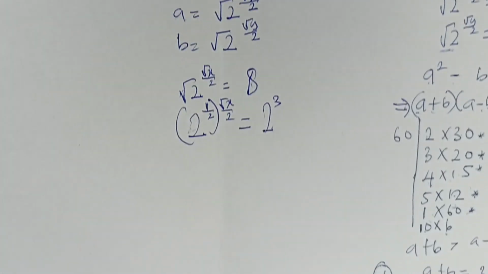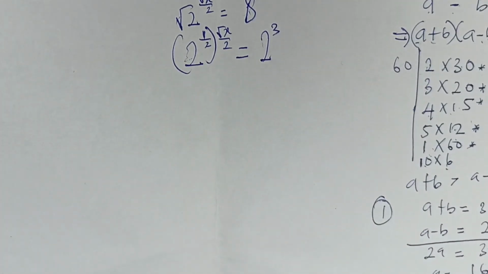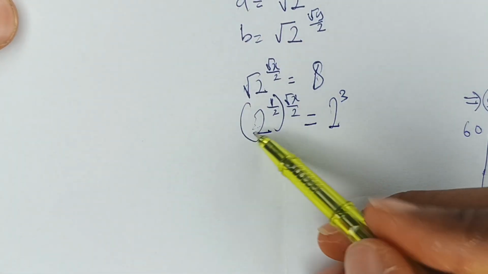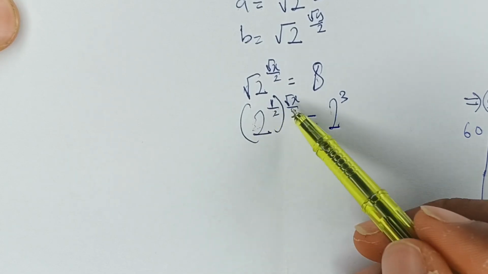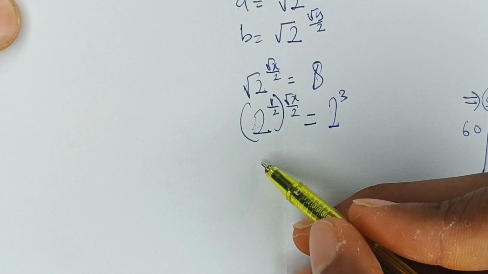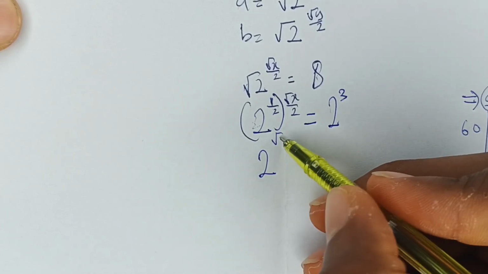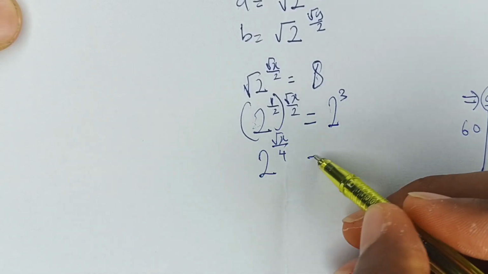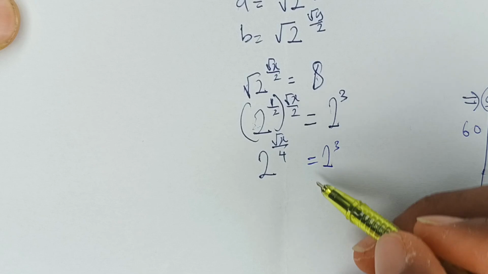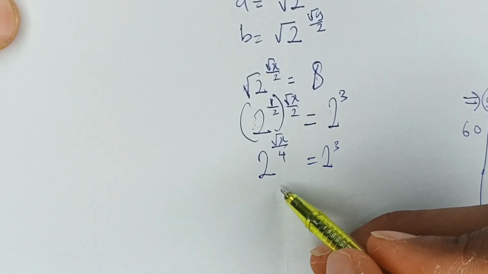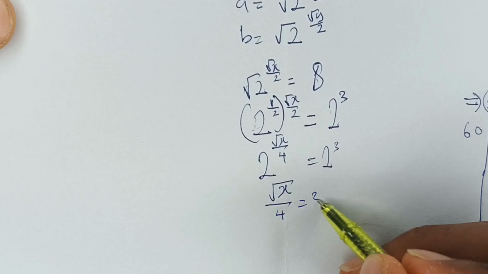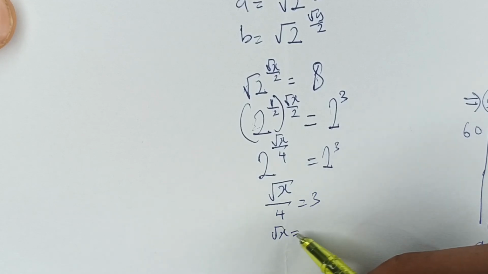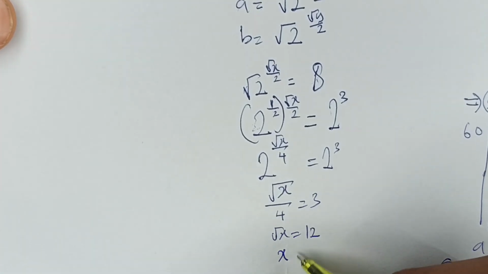Okay, now moving on, recall from the product law that when you have something like this, you multiply the exponents. So what we'll have here is now 2 raised to power root of x over 4 to be equal to 2 raised to power 3. Now the bases are the same, we can equate the powers. So we have that root of x over 4 is equal to 3, root of x is equal to 12, and x is equal to